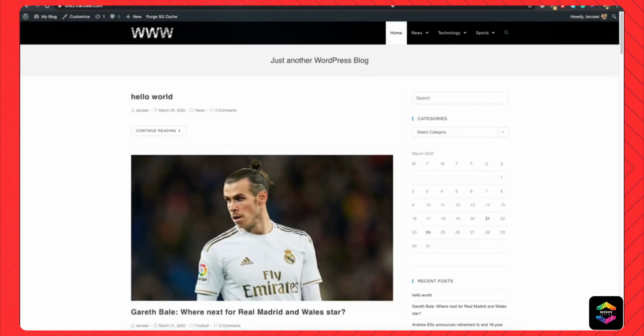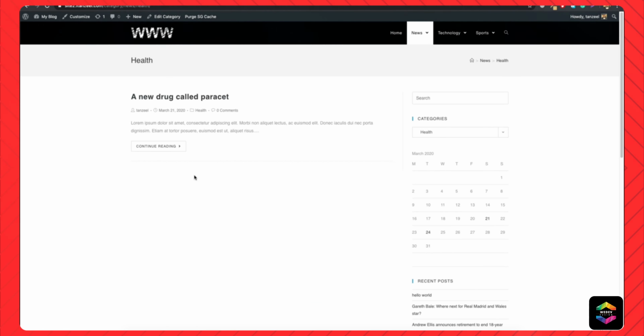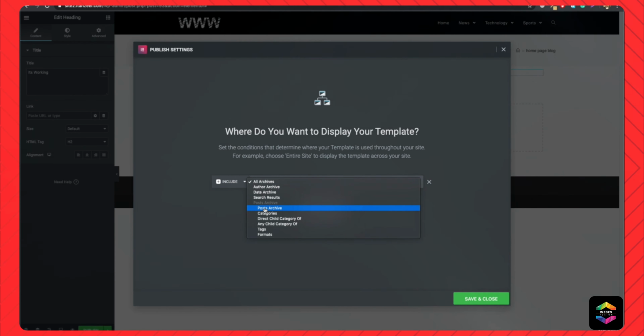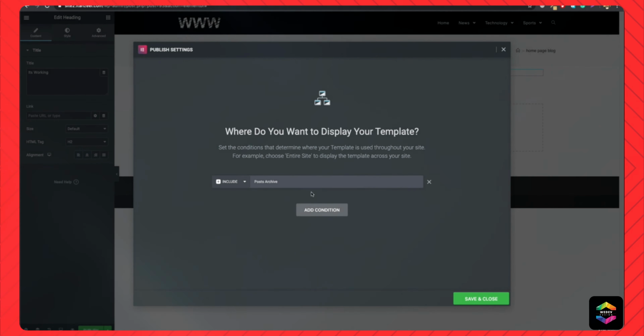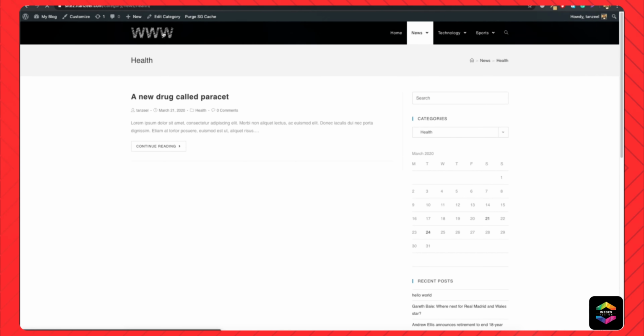That means that if you come up here, this is an archive page, and if you go to the category, then that category is also an archive page. So you will select it to be post archive. All you have to do is select this post archive, and then hit save and close. Once you hit save and close, now if you go ahead and visit the home